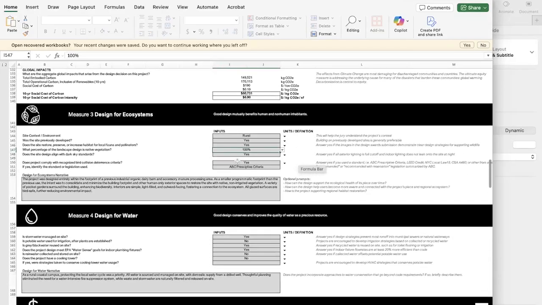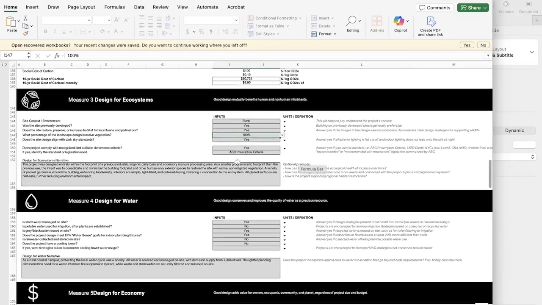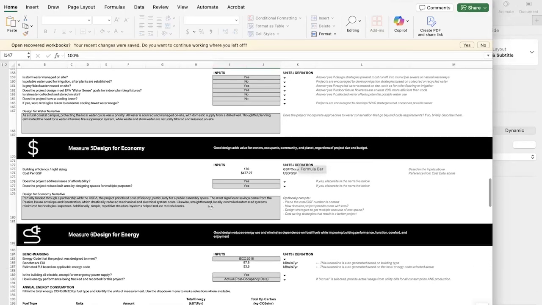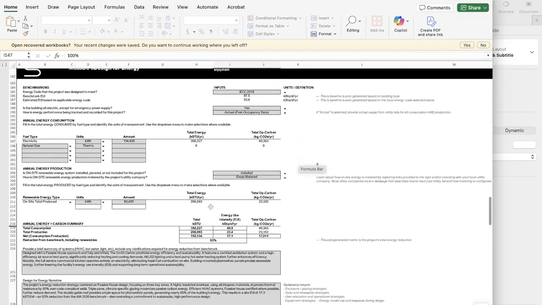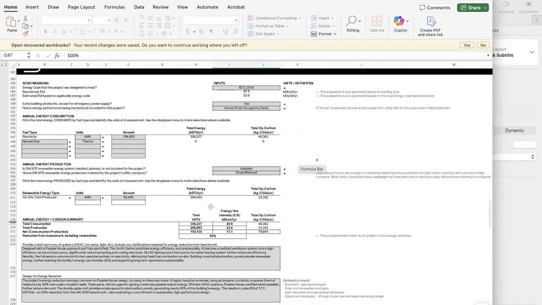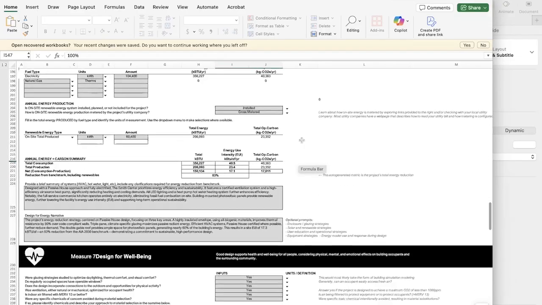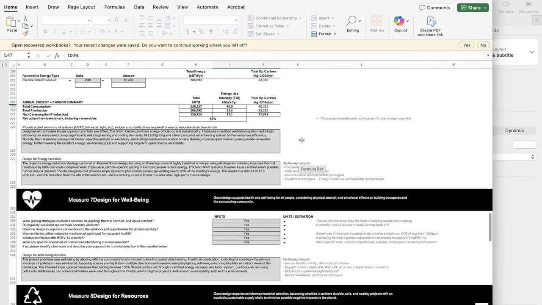It does a lot, if not all, of the calculations for you. So you don't have to do a bunch of math as long as you have the raw data from the project. It's pretty straightforward. If you do this, you will need to know, for instance, what energy code you submitted on so it can pull the correct benchmark that you're being compared against. You will need to know what your overall energy use was. If you have an energy model of the project, you're going to have to do that in order to do this